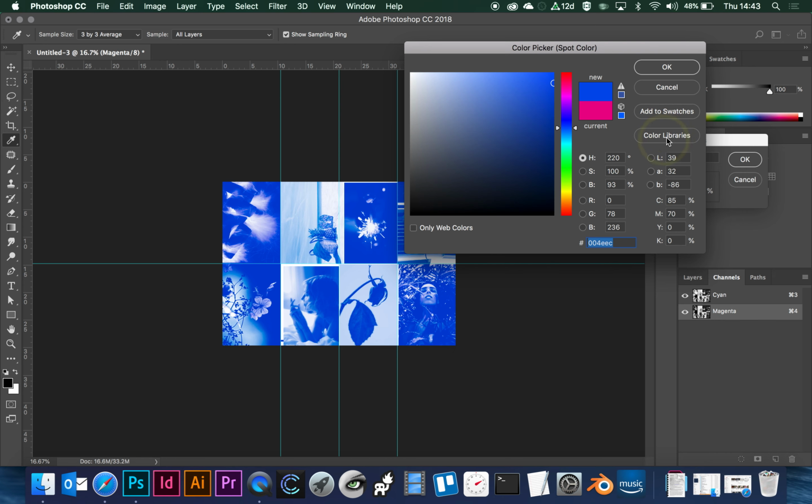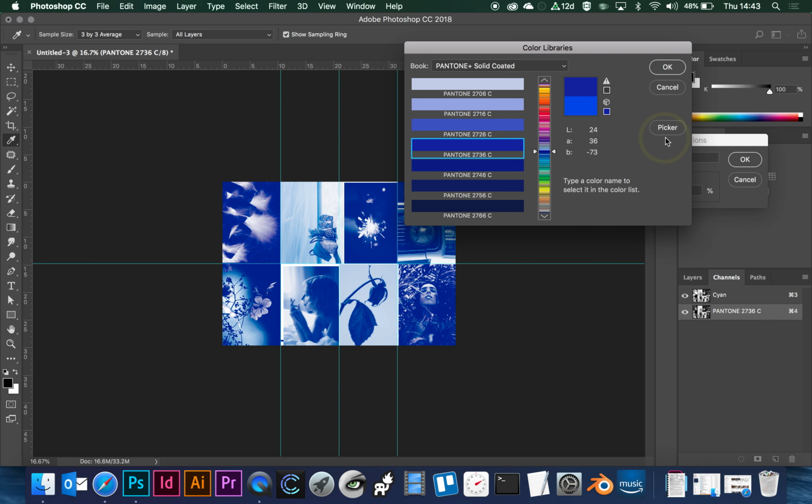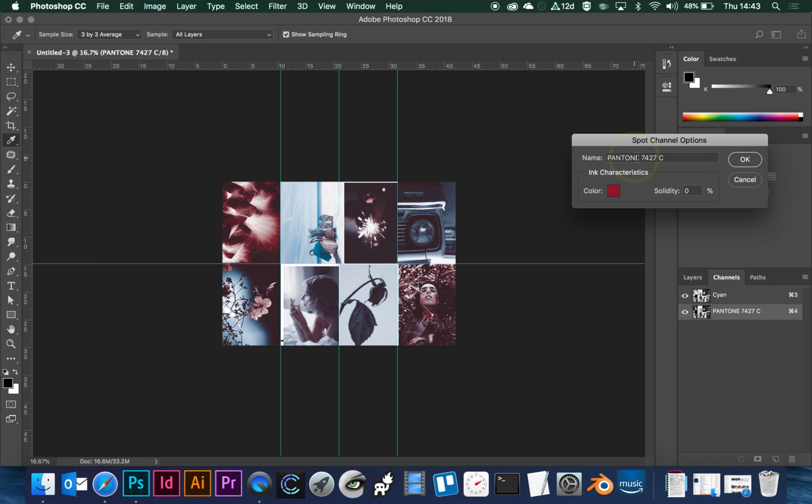Or I'm going to go to my colour libraries, and we had magenta originally, so let's pick a red and see what that does. That gives quite a different feel actually, which is quite nice. And that's a Pantone specific colour, so if we're using Pantone inks we would specify that, but we're going to use a Riso colour, and I don't think those colours are in the Photoshop library, so I'm just going to put red,